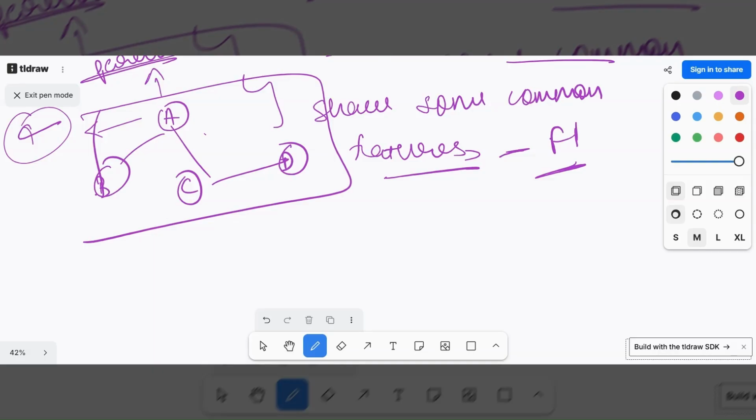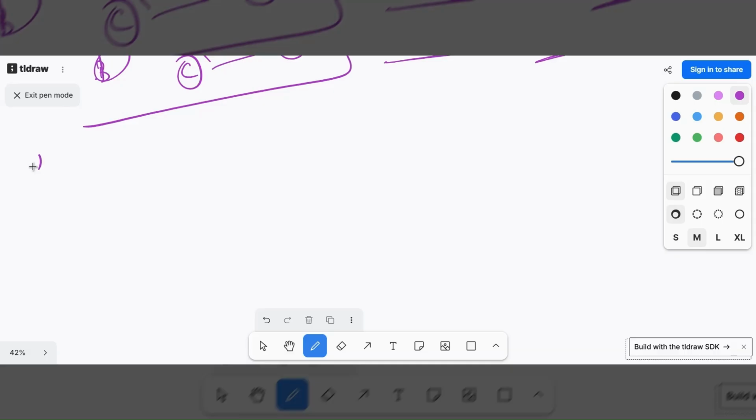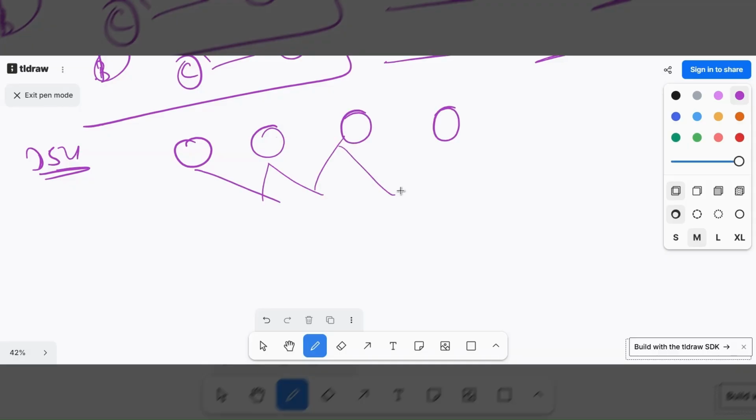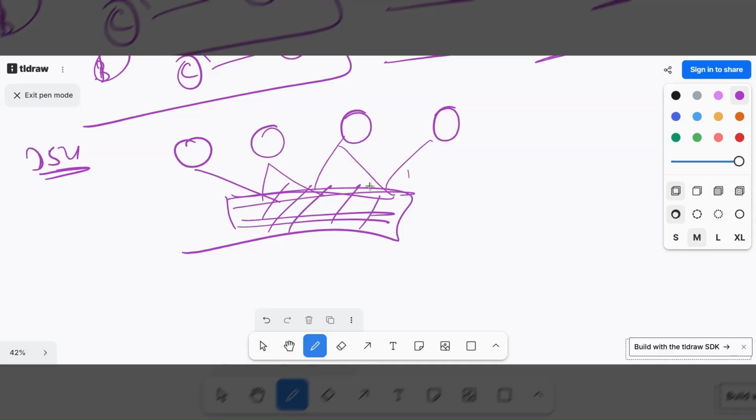But today I wanted to share the basics of DSU, like how we'll write the code of the DSU. The full form itself says that DSU means there are different disjoint sets which you need to union. They can be connected through some common functionalities or features which you need to find out. Then you need to connect them to one common node or a parent node which will interconnect all of these nodes.